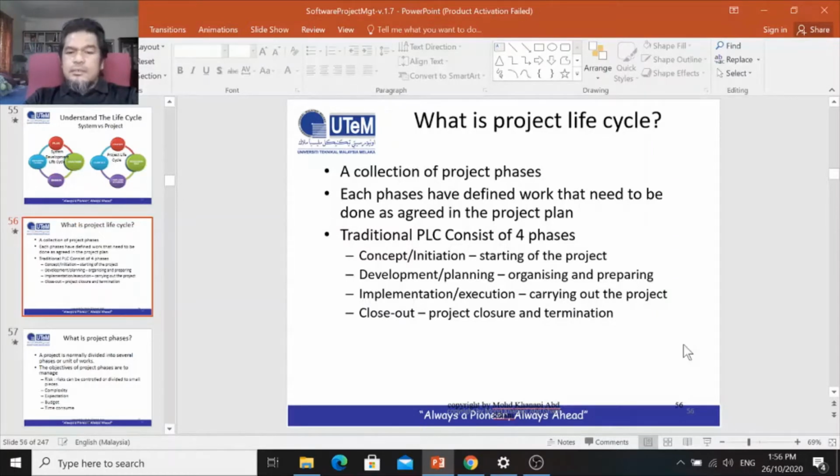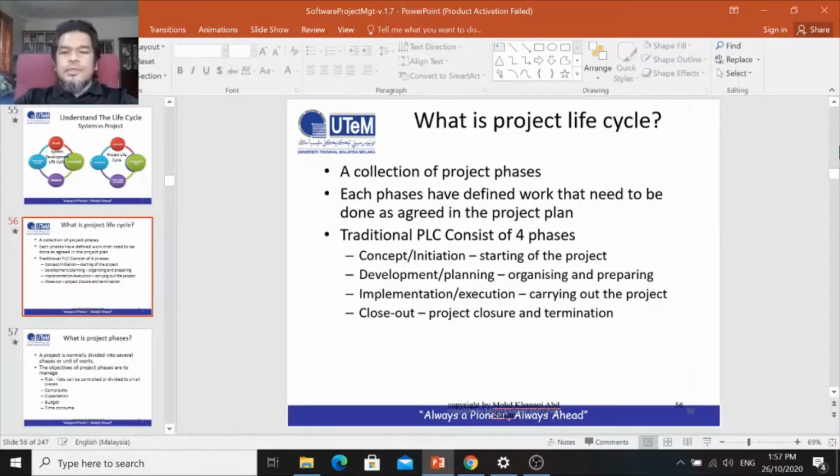Okay, so if you manage a software project, normally they start with the feasibility study. Yeah, you will conduct an analysis of the system to be developed, whether it is feasible or not for the country or for the company. Okay, and then after that,